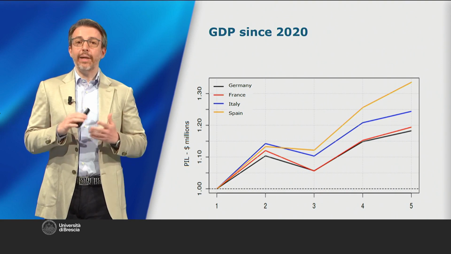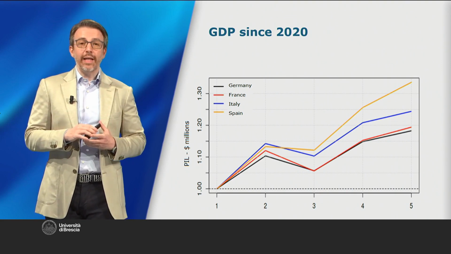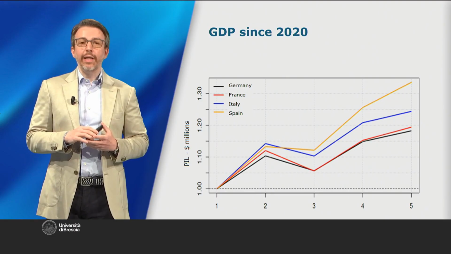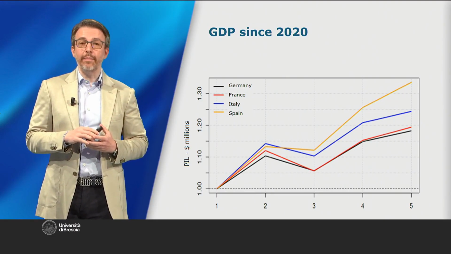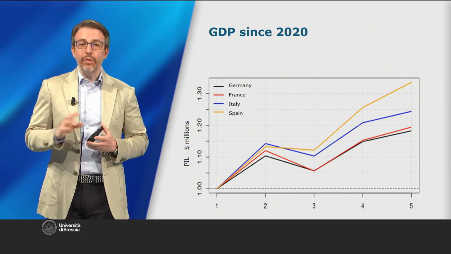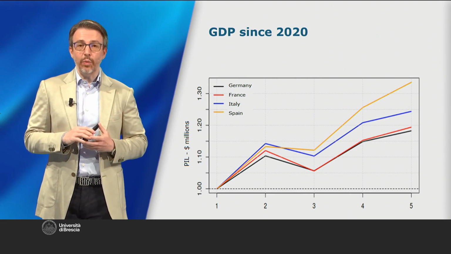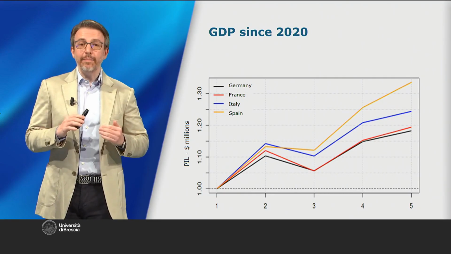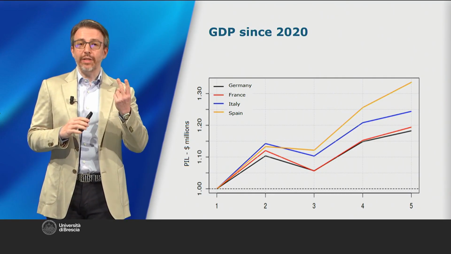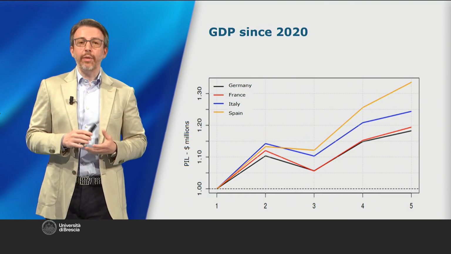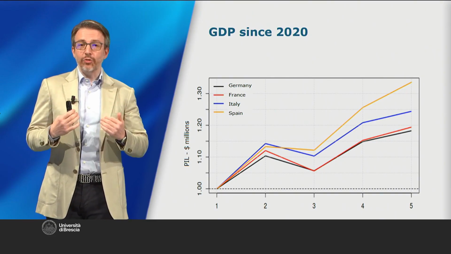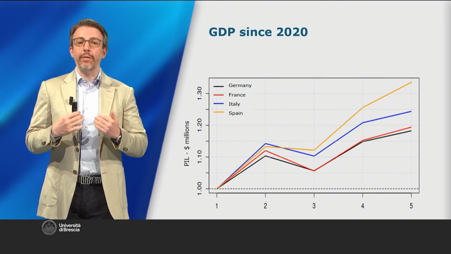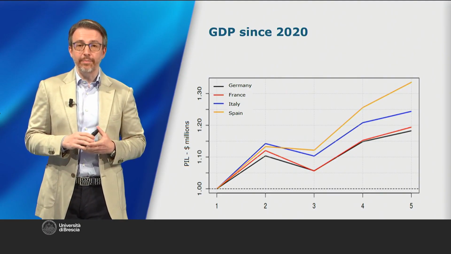But if we change the starting date of this growth analysis again, the result can change once more. And we can see this in this chart, which starts calculating growth from the year of the COVID pandemic in 2020. From that year on, the country with the highest growth of all is Spain, once again, followed by Italy. These are the two countries that have proven most capable of recovering from the 2020 crisis. They had fallen behind during the 2008 crisis, but managed to bounce back after the 2020 crisis.